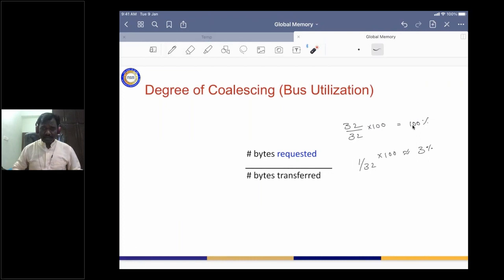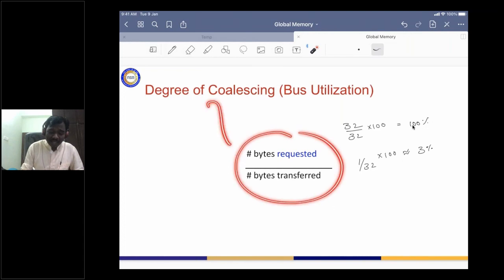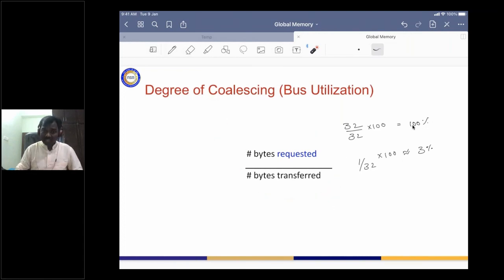So this is a simple understanding about the intuition, why this running time increases either in theory or in practice: because the number of bytes we have requested is so different from the number of bytes that have been transferred, and this expression we call the degree of coalescing.